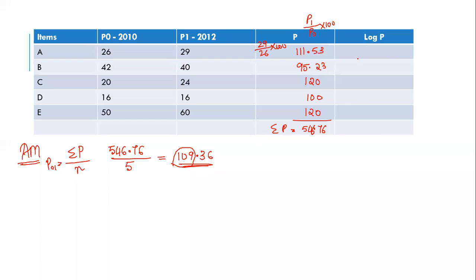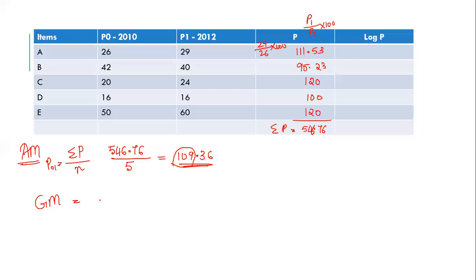Where do changes happen? Some of you convert: if it was 54, you make it 5 if it is more than 5. You will convert those values, but some do not, so that variation comes. So keep in mind this 109 should be perfect. It should be correct for everyone. After the point, 0.34 or 35, one difference is not a problem. Okay. Now we will calculate geometric mean.